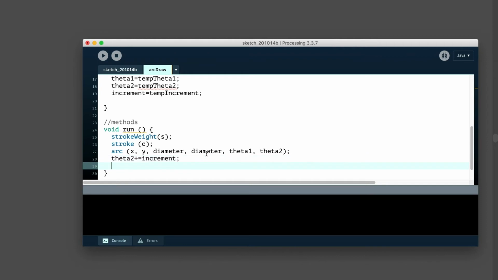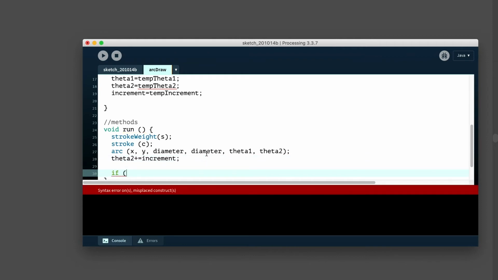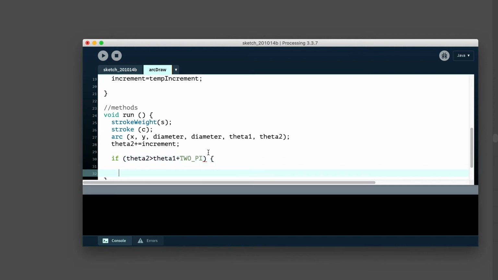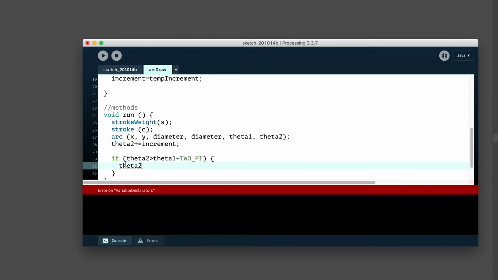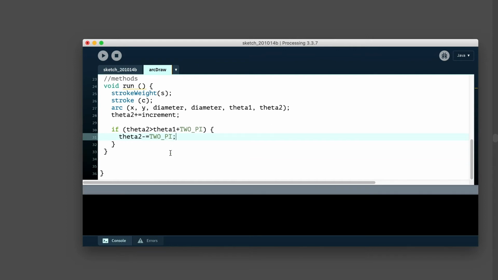And like I said, there was one conditional statement that I'm going to use. It's like if theta 2 is greater than theta 1 plus 1 full rotation, which in radians is 2 pi, that's 360 degrees. So if that's the case, then let's take theta 2, this is like resetting it, and let's subtract. We can do subtract equal. So from theta 2, let's subtract 2 pi so that it starts back at the original